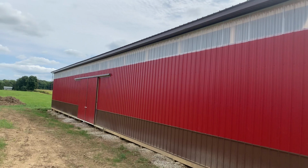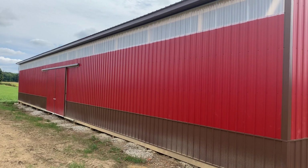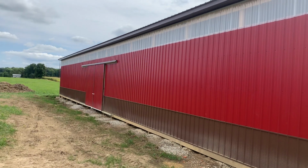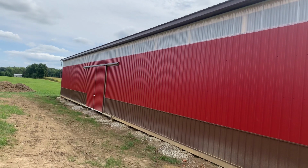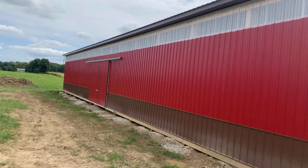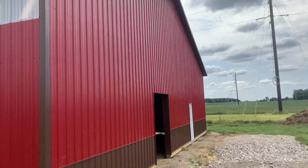Check out that translucent panel, natural light. If you don't wanna do windows, that translucent panel, you can drop that down, as you can see, 2 feet, 3 feet on the eave side, and that brings in a lot of natural light, and you can see that built-in slider. What this building is going to be designed for, to kind of give you an idea